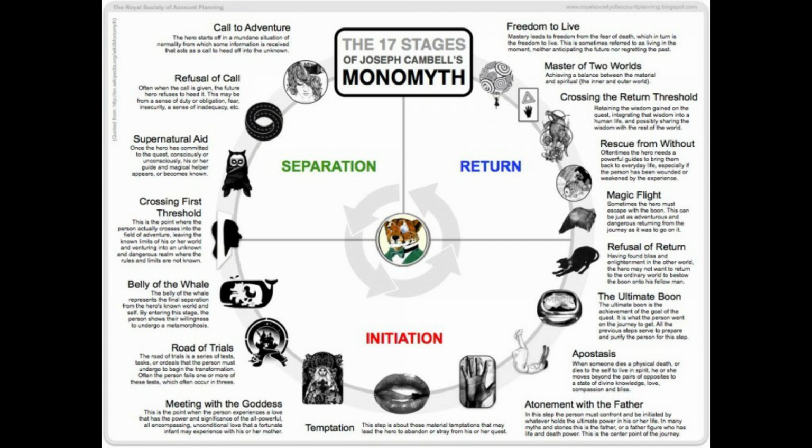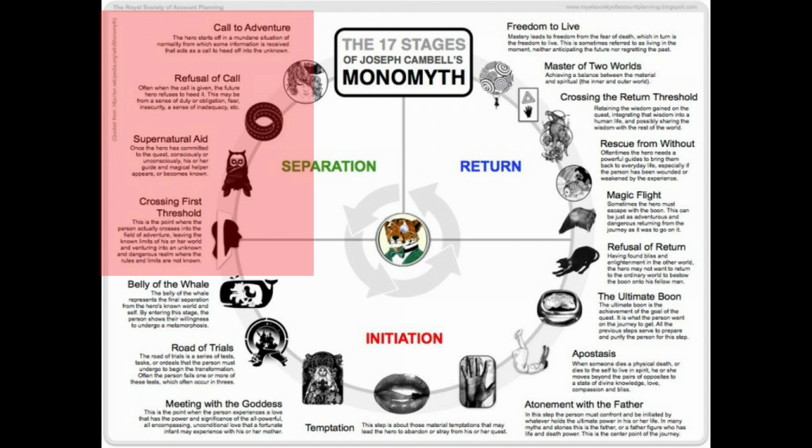Okay, let's take a quick look at the monomyth itself. The call to adventure. Okay, what we have is this is the Joseph Campbell identified monomyth, and what this does is it plays out in the psyche. This is what all of the stories from antiquity are written on. This is what he spotted, this template. That's why he used these terms that he did. The call to adventure, the refusal of the call, supernatural aid, crossing the first threshold.